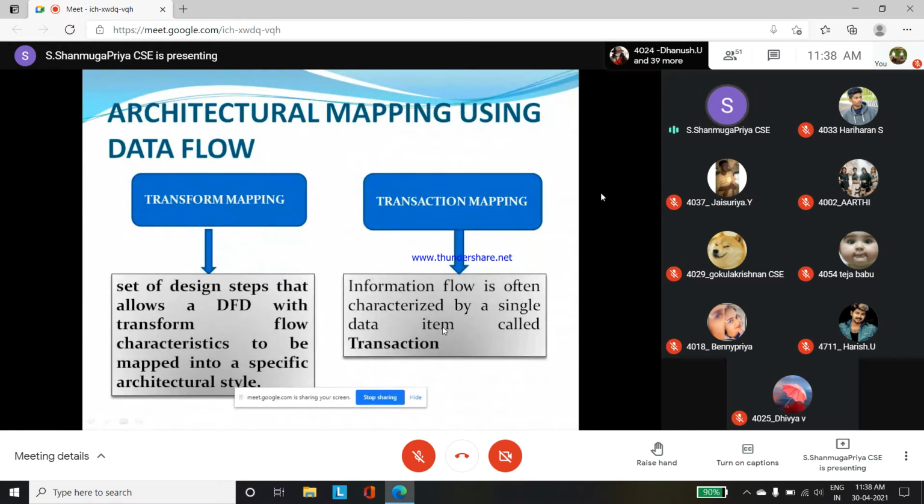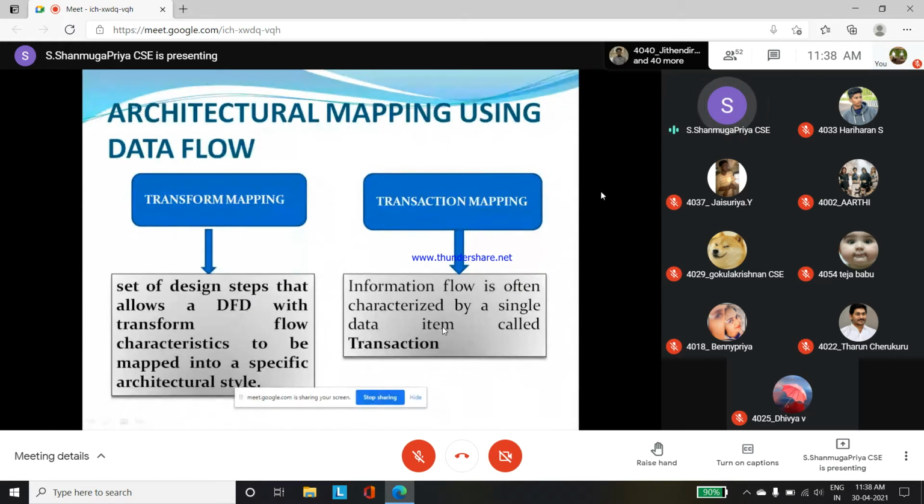Transaction mapping. Transaction mapping is nothing but transaction, in the sense, information. We are identifying the flow of data with the help of the data item. That is a single data item. We tell this if we have a large project: what is the flow, what is the information, how is the information flowing from the starting point to the ending point? We identify this with the help of the SRS document. From that we are designing our concept, and that concept is called transaction mapping.